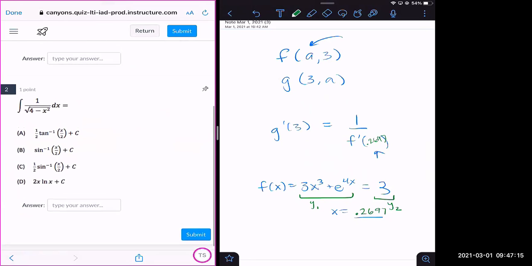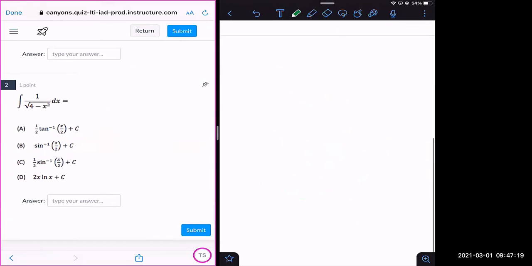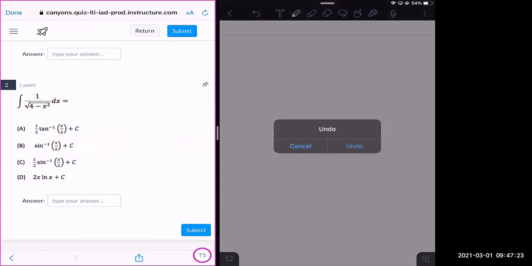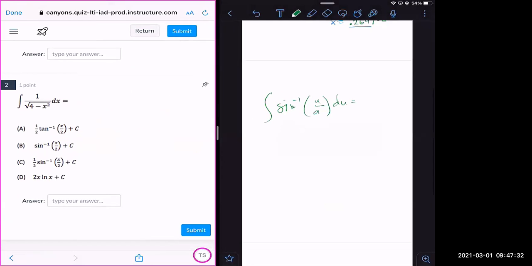Okay, number 2 was mostly memorization. You guys recognize this one? Based on the options, it looks like it's probably sine or tan inverse. Which one is it? Good. So the rule is if you're integrating sine inverse of u over a du, then that's equal to,